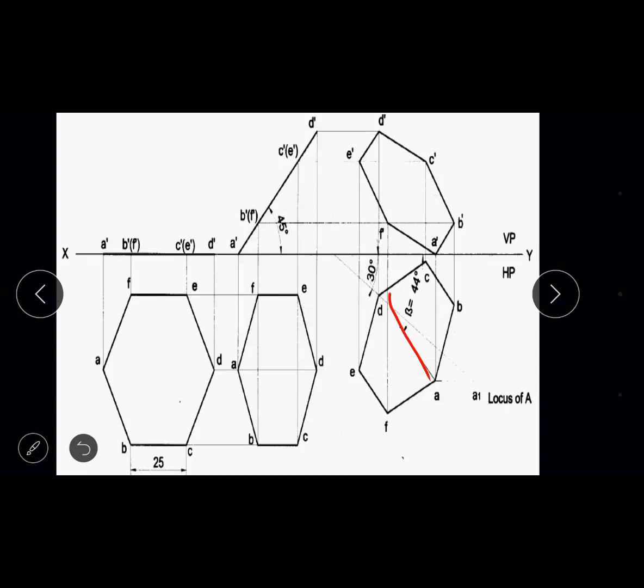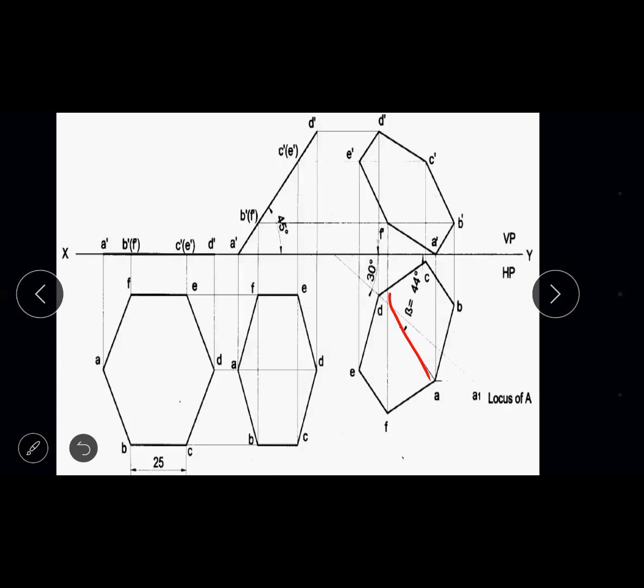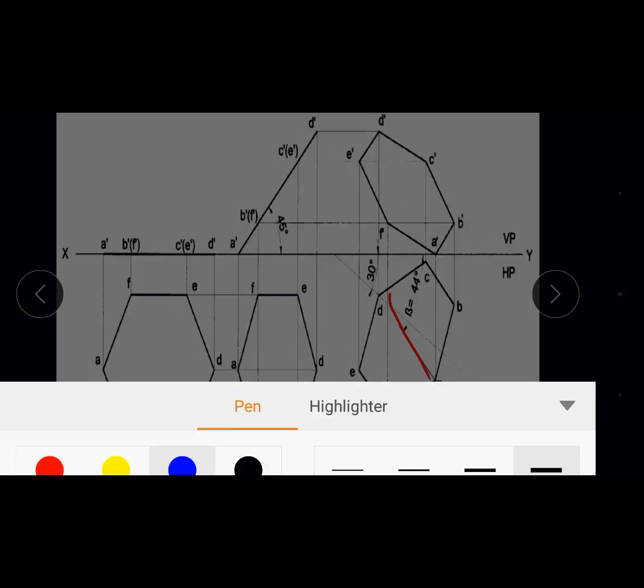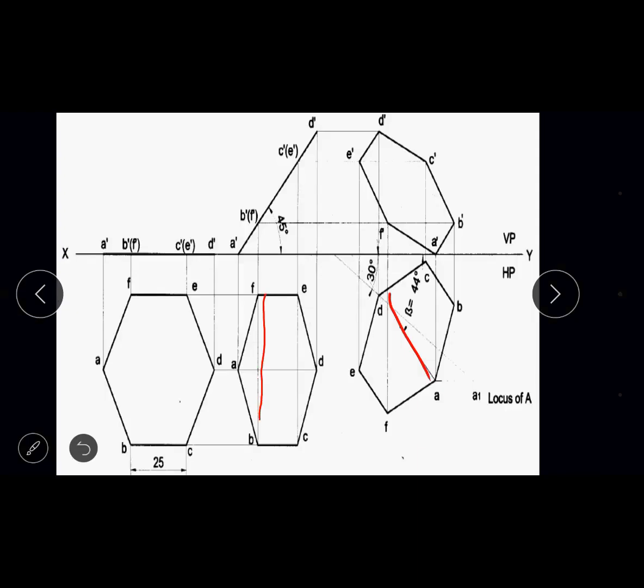So the key point here is, in the second top view you can observe 2 vertical lines. I'll just highlight with a red line. Can you observe these 2 vertical lines? That is line FB and line EC. So in the second top view, that is the step 2 top view, you find 2 vertical lines, that is line FB and line EC.